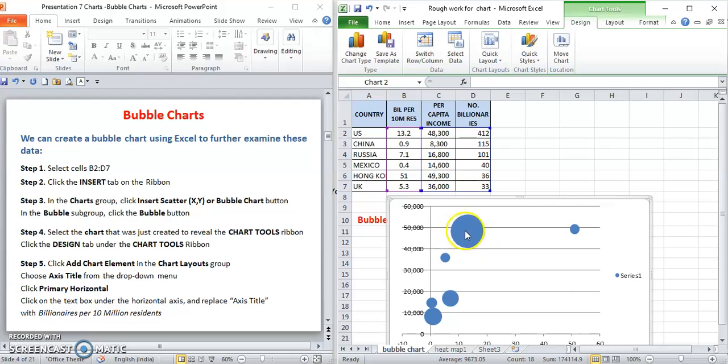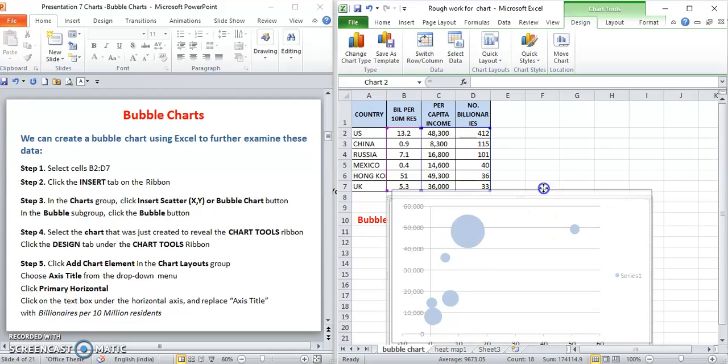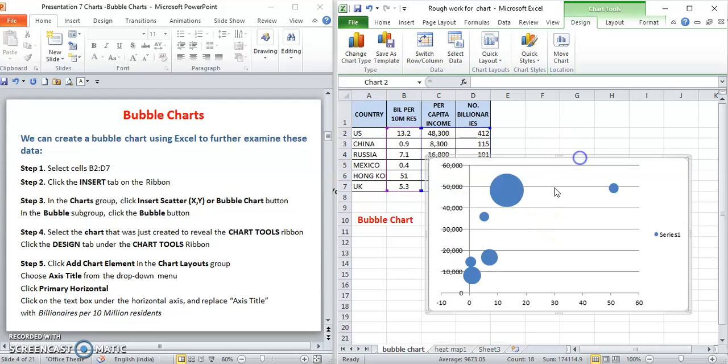Here we have different bubbles. Okay. So each bubble represents a country. The size of the bubble will represent the billionaires per 10 million residents. Now we can see how to give a title for this chart as well as names for the x-axis as well as